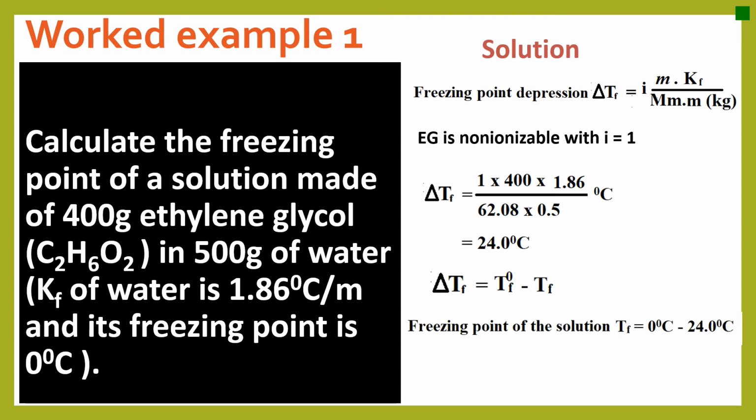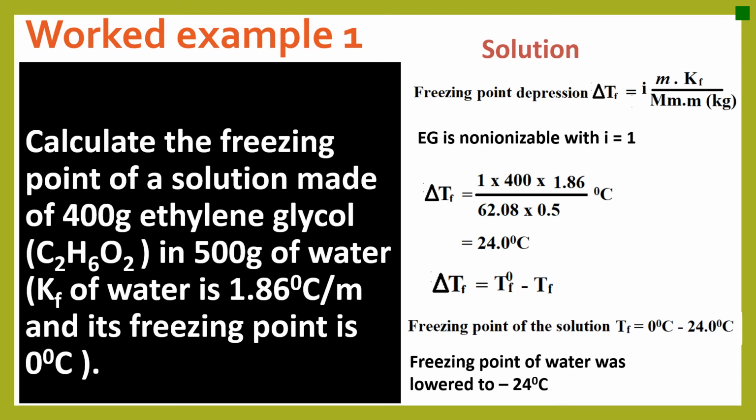We get TF, which is equal to 0 degrees Celsius minus 24.0 degrees Celsius, and then we get negative 24 degrees Celsius. As you can see, the freezing point of water is higher than the freezing point of the solution of ethylene glycol by